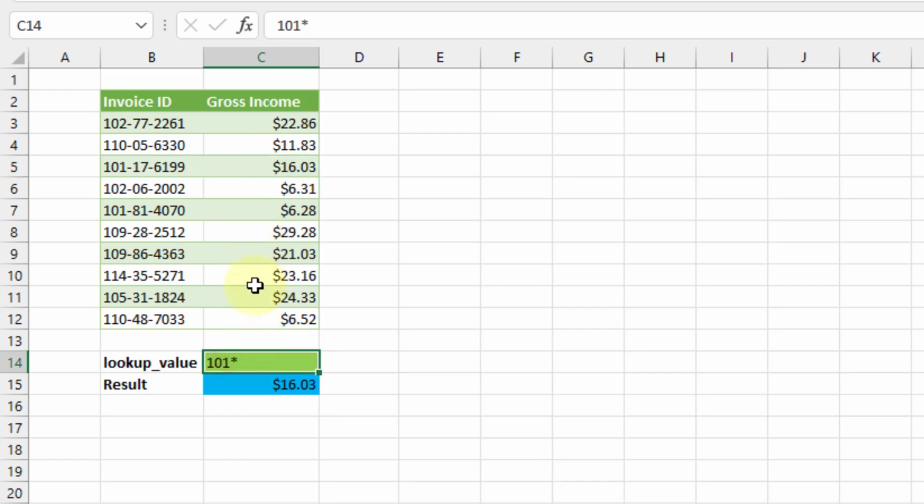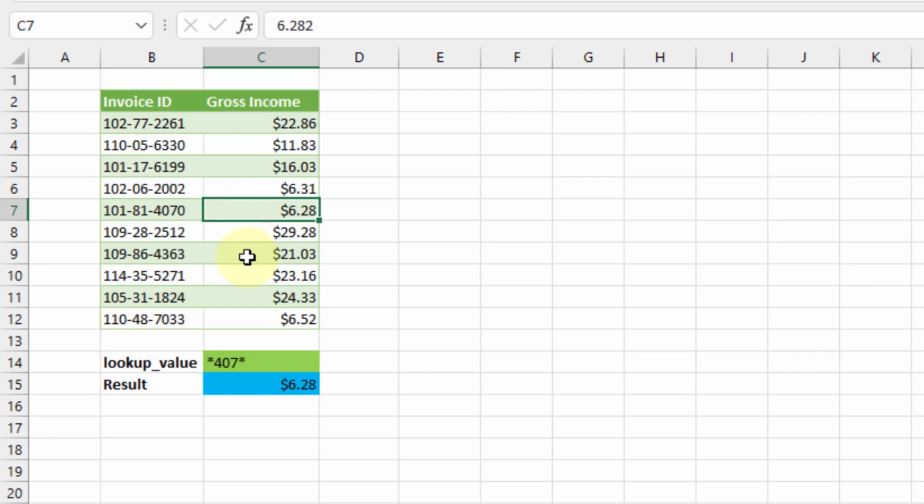Let's try another wildcard match. So this time I'm going to try and find something that contains 407. So I'm going to start with my asterisk wildcard character to indicate any number of characters, and then end with my same asterisk character indicating any characters after that 407 can appear, and that will be considered a match. And here I get 628. So you can see here I've got a 407 in the last 4 characters of the ID,